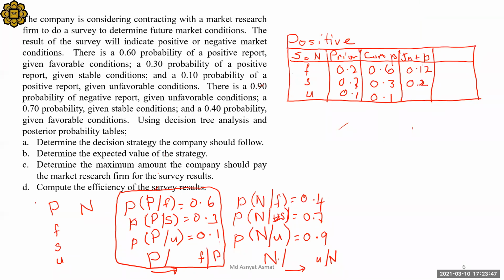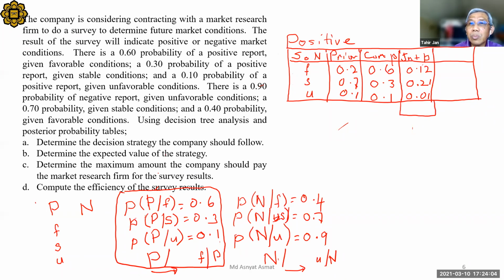Yes, 0.21. Last one, 0.01. Add it up, the joint probability. What do you get? You add it up. You get 0.34, right? So we refer to this as the probability of